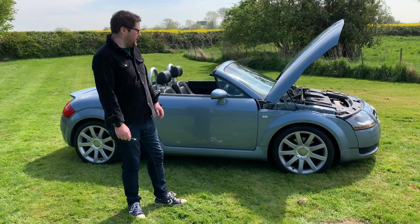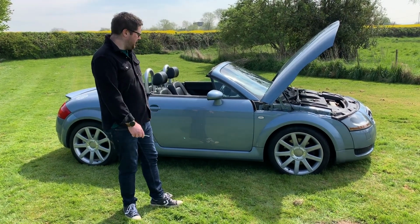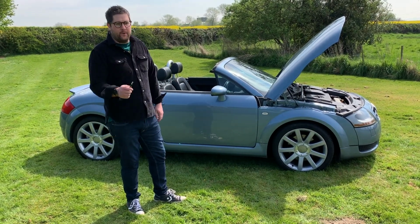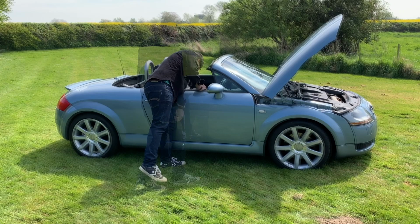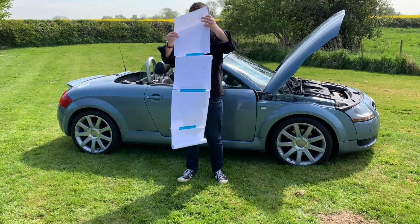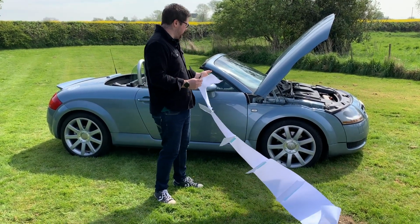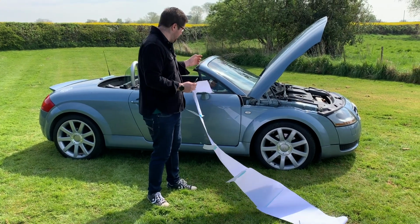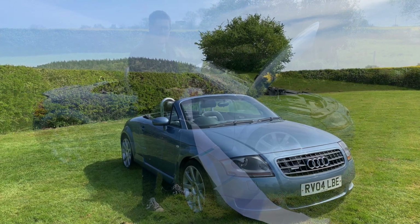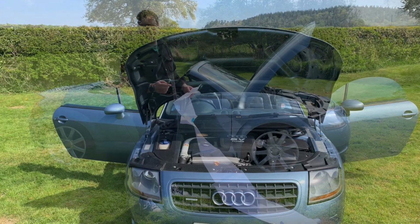Right, well, in this part of Cars in Isolation, I'm going to go through some of the common faults, pretty much what we've done to this car so far. Being German built, they are bloody reliable, not much goes wrong, but I'll just go through the small list. First, obvious things: service. We've done a service on it. This is a 2004, it's done 101,000 miles, so we've done cam belt, water pump, rollers,